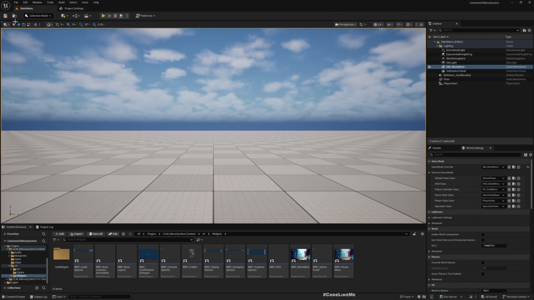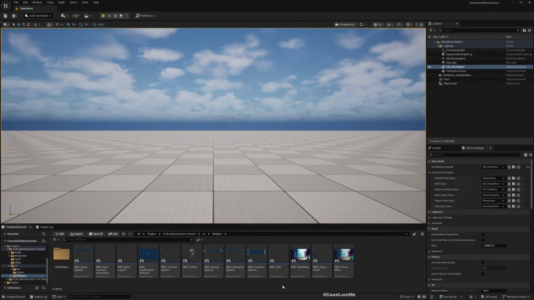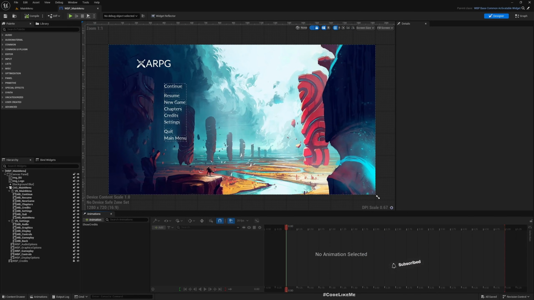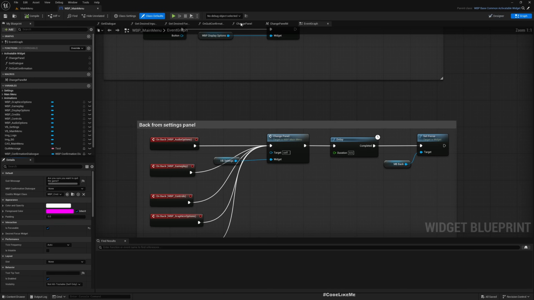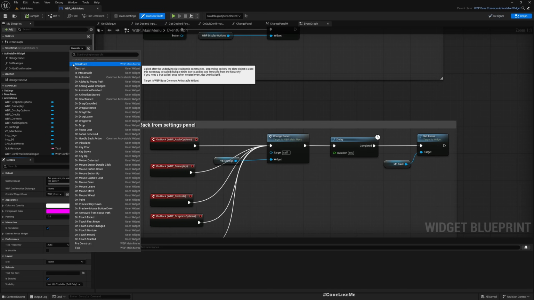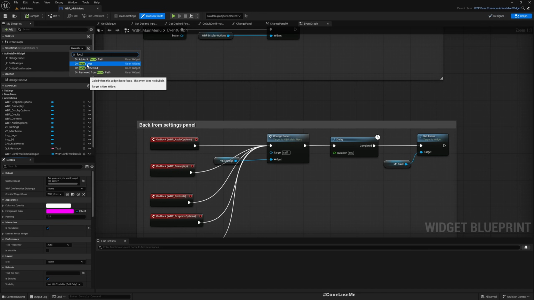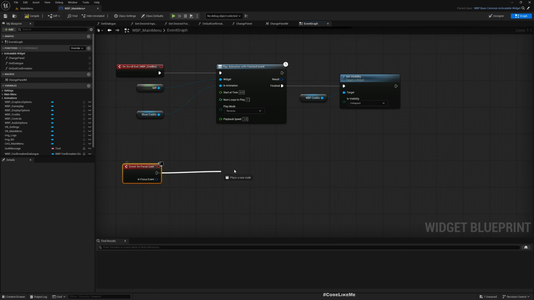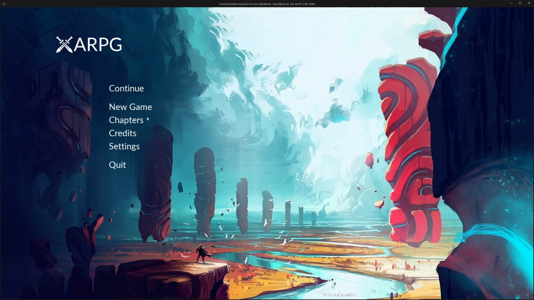Right, now let's get started with today's episode. First, I'll open my main menu widget. Now, first thing is here, let's go to the graph and override focus lost. Let's override this event so that we can add a print. Let's say focus lost, and if I play the game, now here we do have focus, but if I click somewhere else,